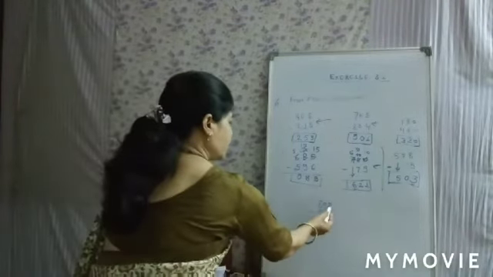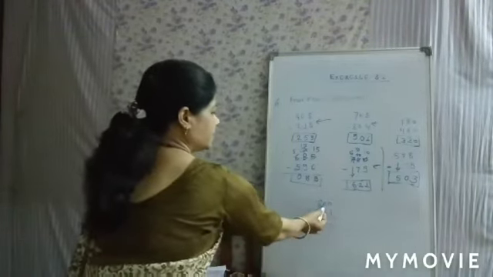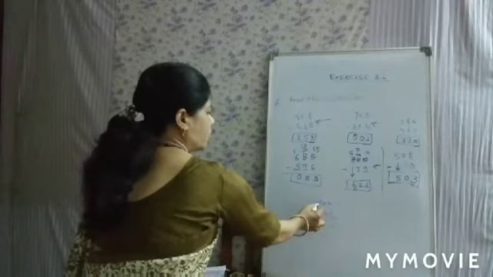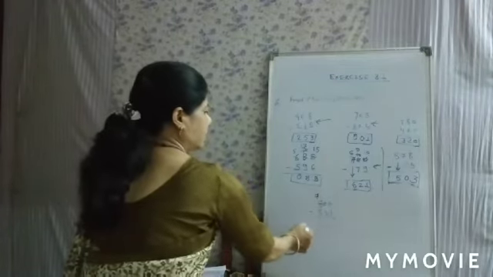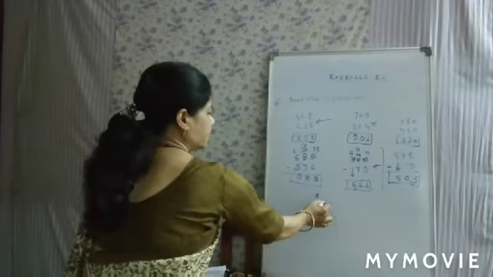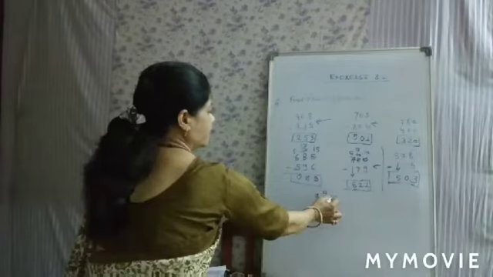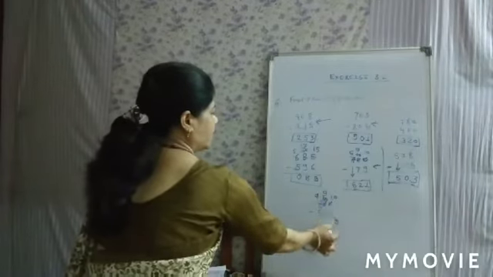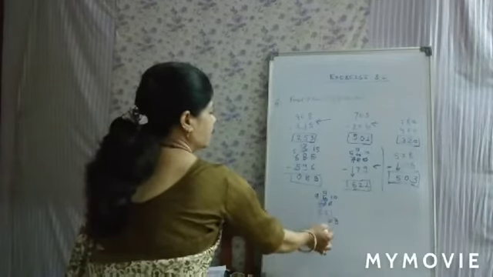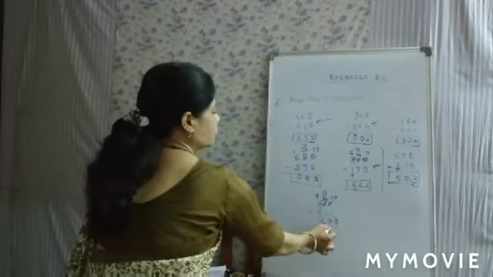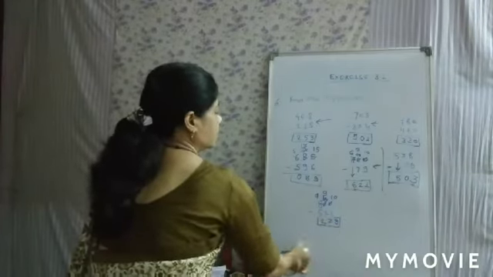You can't subtract 1 from 0 and here nearby digit is also 0. So you have to borrow from 8. So 8 will be 7. This next 0 will be 10 and 10 will be 9 and this 0 will be 10. 10 minus 1 will be 9 and 9 minus 2 will be 7 and 7 minus 5 will be 2. What is the difference here? 279.